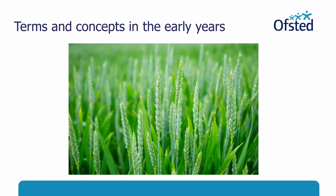period. So when we think about what roles in society we might want to introduce to children in the early years, we might think about how building children's knowledge of farming and crops might be particularly useful to support them in learning the later curriculum. We could aim for children in the early years to know what a farm is, that people can plant and grow crops, maybe that crops grow better in certain conditions or that crops can feed people. This is not just knowledge that's useful for history, of course, but has broad use for children as they move